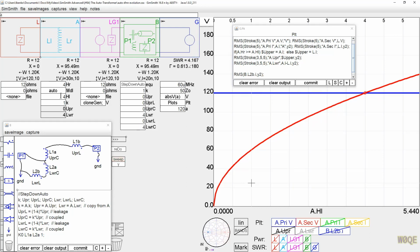So they're at 4. If we go above 4, we see the model change up here, and we see it's now a step-up transformer. So back to 1 again for the moment. Next thing let's plot is, we have to be a little bit careful here about how we plot some of these things, but we're going to plot the 2 currents,